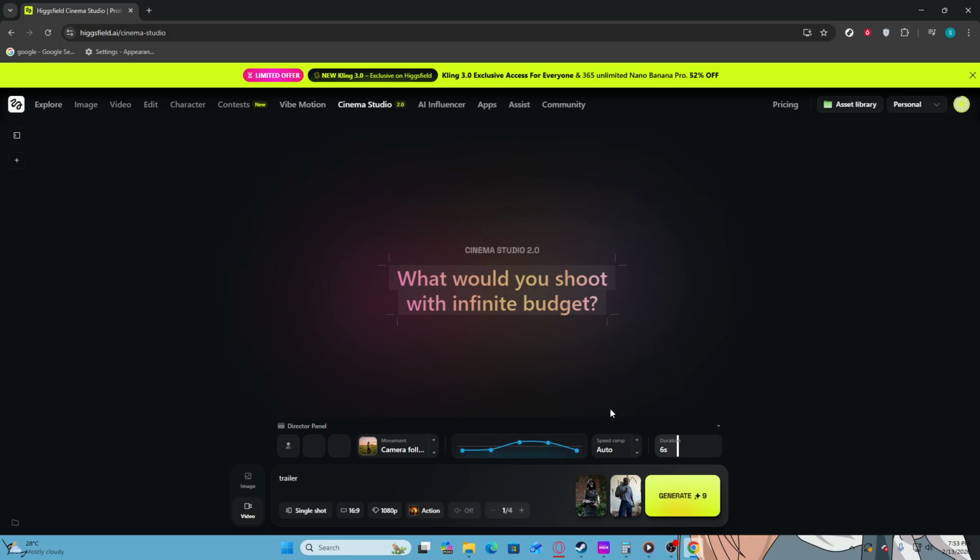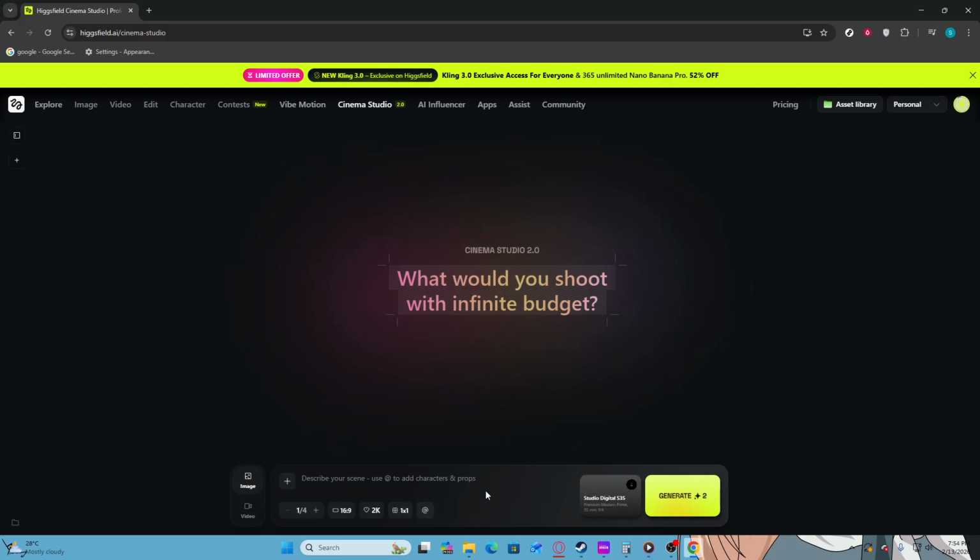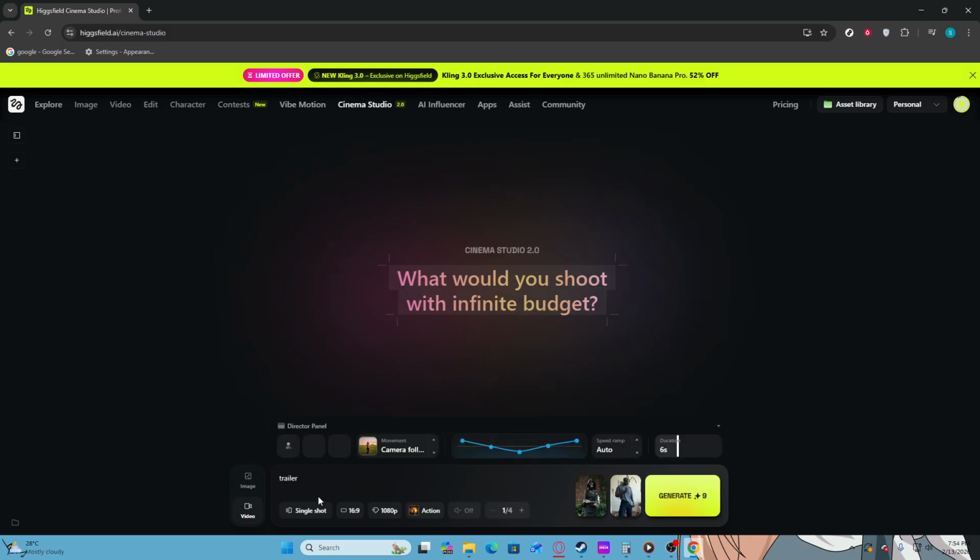You can speed up the auto setting by clicking the up arrow. This adjustment will increase the speed of the video sections you have. Conversely, you can slow down the auto setting by clicking the down arrow. This action will decrease the speed for a more dramatic effect in certain scenes. Now, click on Image. This option will allow you to select specific images to enhance your video further. Next, click on Video. This action will enable you to incorporate video clips into your project, adding depth and variety